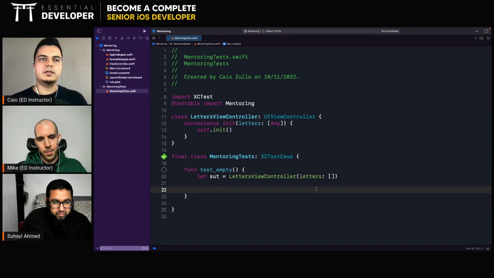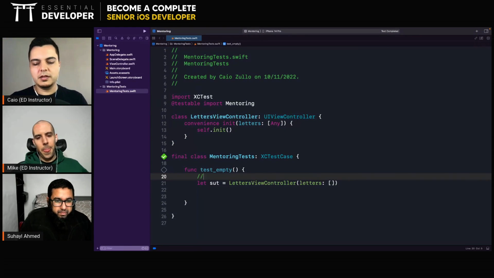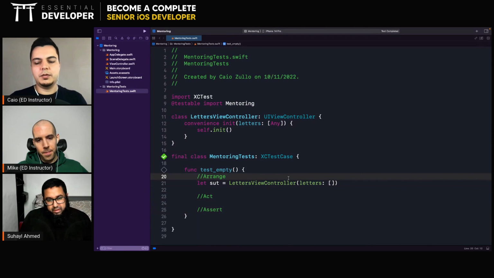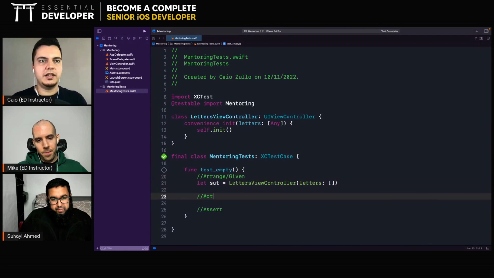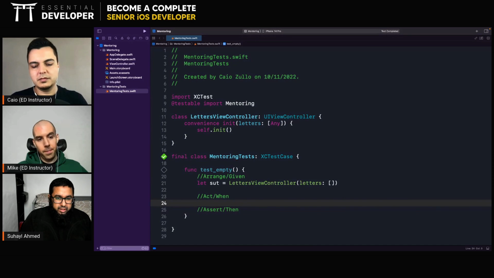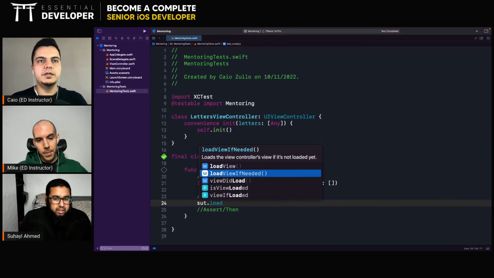What is the action? Remember, this is arrange, act, assert. Arrange, or given a scenario, when something happens, then you assert something. So I think the act in this case would just be load view, as in when the view is loaded, or load view if needed.